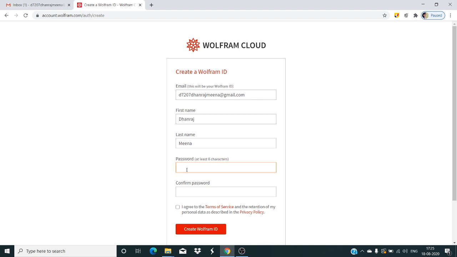Don't use the password of your mail ID. Create a new password here. I am again emphasizing you have to create a new password, right? And it should be at least 8 characters long. Try to use capital letters, small letters, numbers, and special characters to make the password strong, right?